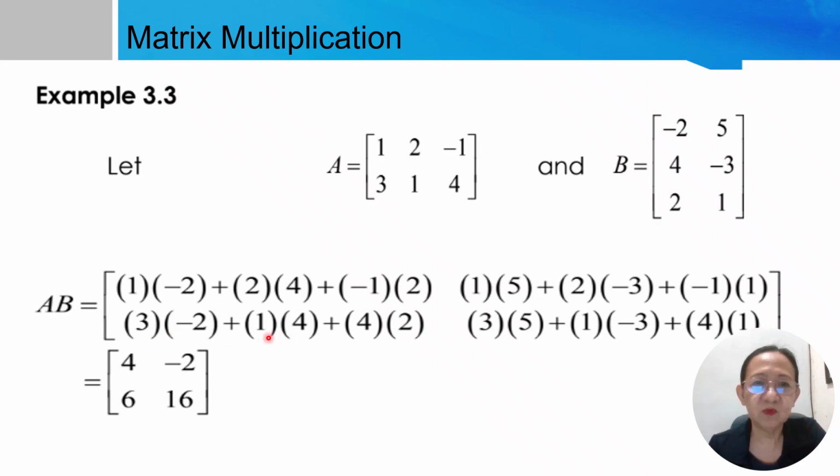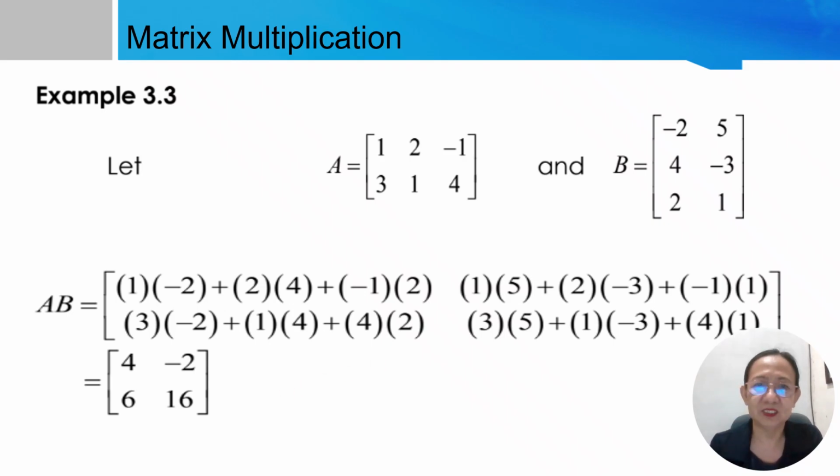Negative 6 plus 4 is negative 2. Negative 2 plus 8 is 6. And then 3 times 5, 15. 15 minus 3 is 12. 12 plus 4 is 16. Okay. So the product AB has entries of 2 by 2, which is now 4, negative 2, 6, 16